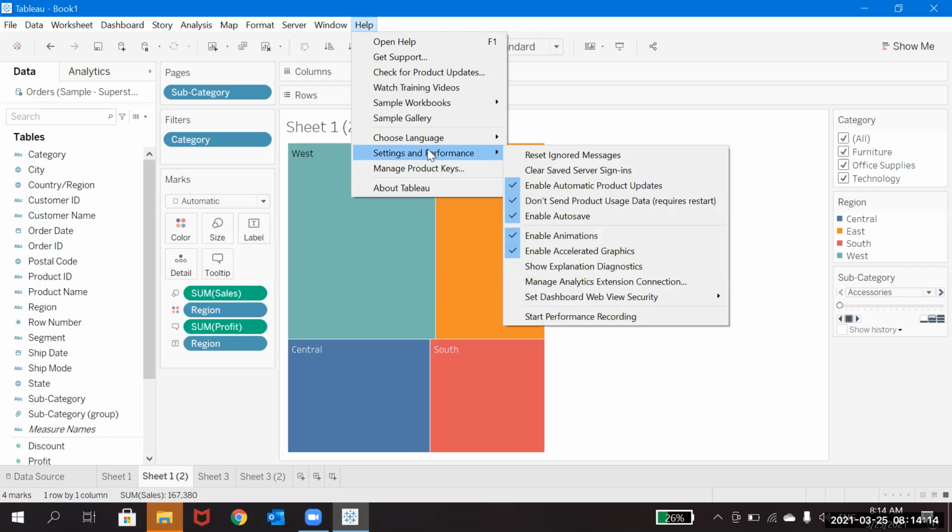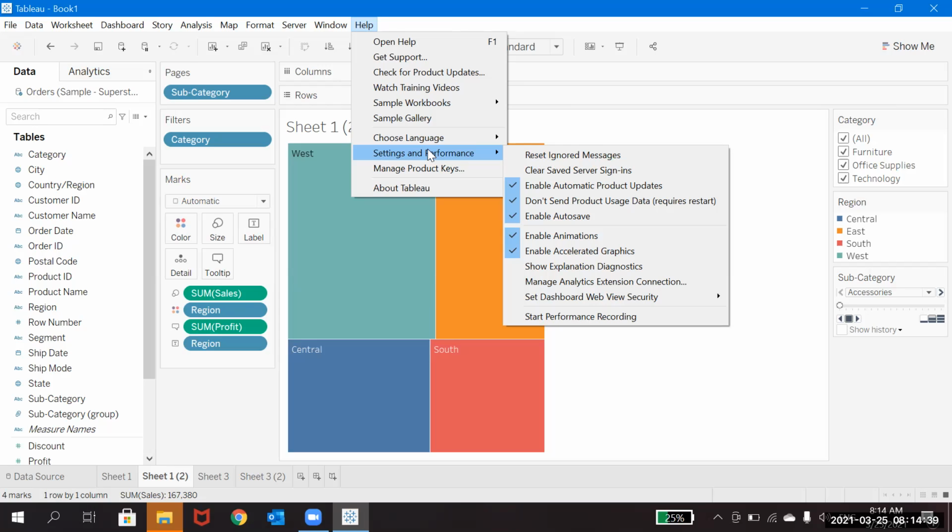The same way, settings and performance. Once our work is done and you publish to Tableau Server, we'll be doing some performance tuning, because we'll be developing nice visualizations and giving some filters and everything. Let's say it was taking 2-3 minutes to apply each filter; people will not like it.